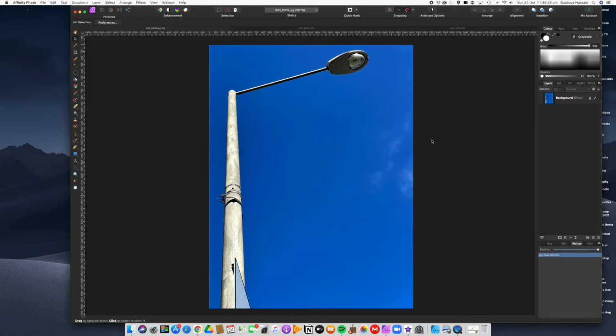I haven't exported the file or saved the file yet. So I can roll back to any position I want in the history palette, which is very useful. So starting from here, I'm going to select that image again, because I want to select this. If I select the sky this time,